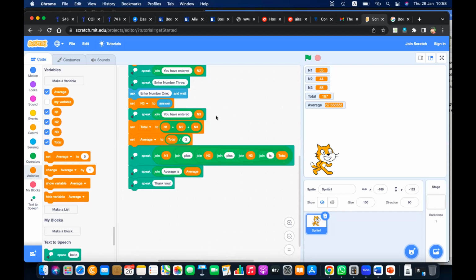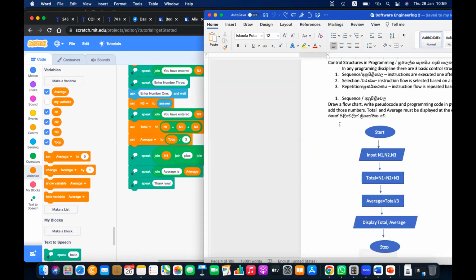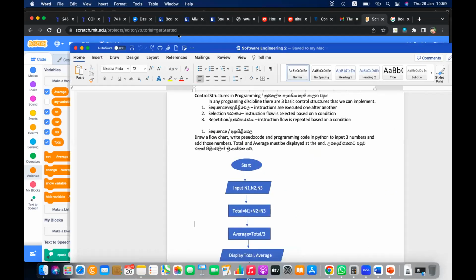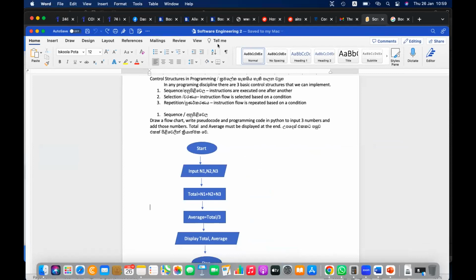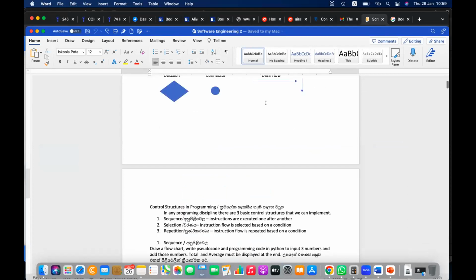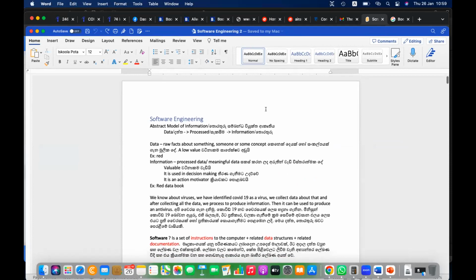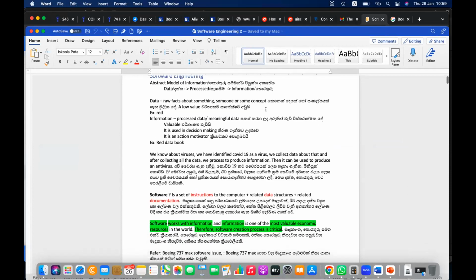Right. Okay. Summarizing again. Under today's lesson, we have learned the importance of information to the world. It is not one of the most, it is the top economic resource in the world. If you have information about something, you are rich, right? So,